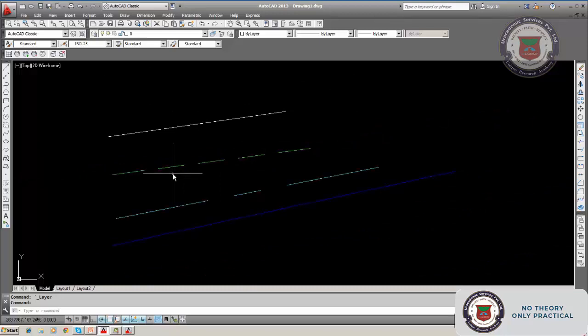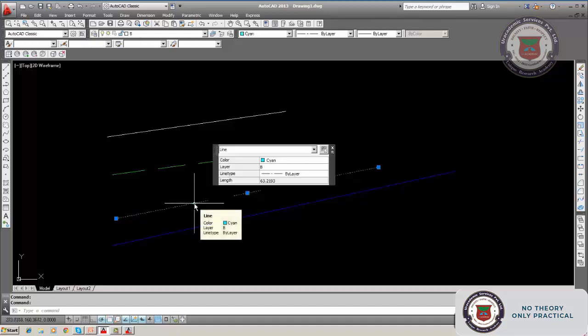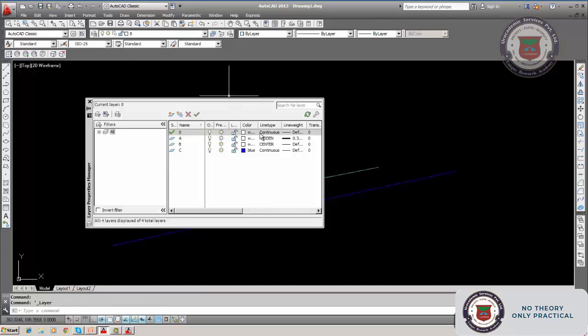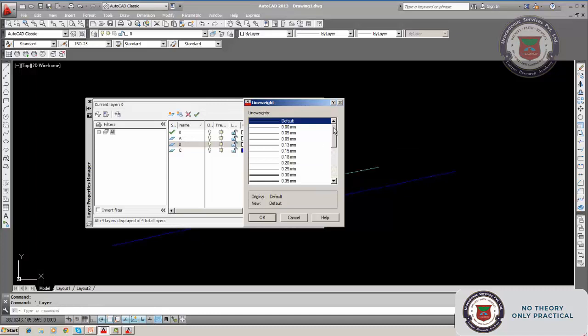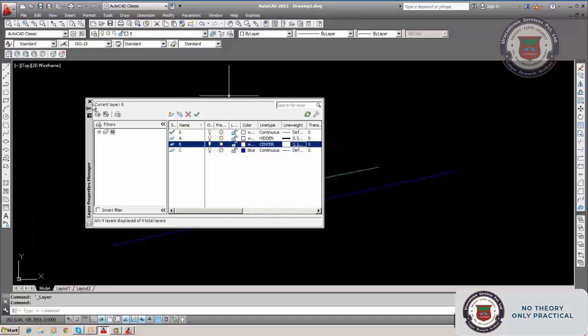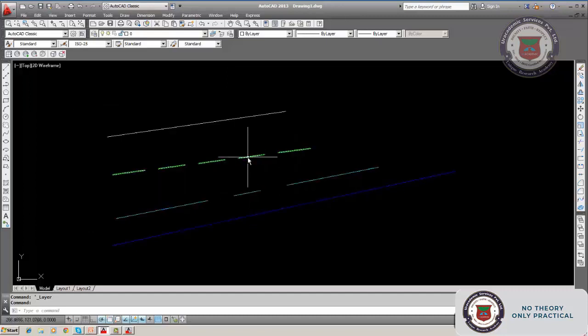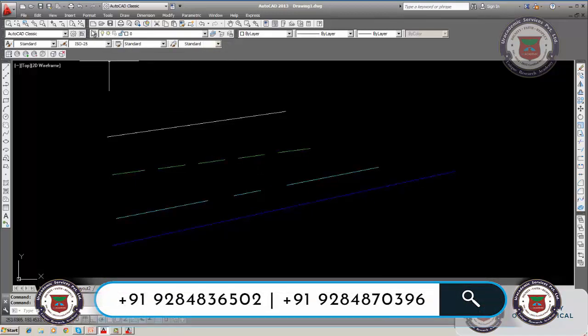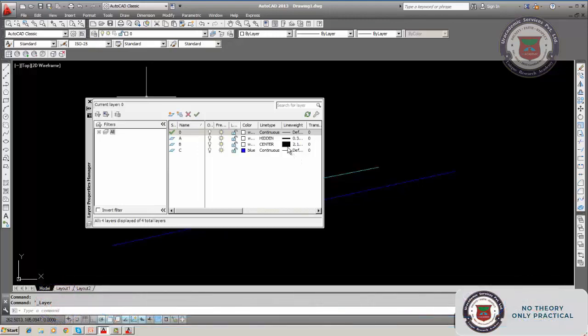But on the PC screen, you cannot see its thickness. That is where people should not get confused. Why am I not able to see the thickness? You cannot see it, but when you print it, the thickness will be there. If you click on this, it gives you a screen to change these properties. Similarly, we can change this. Suppose I select this B. See, B thickness is changed, but you cannot see it here.